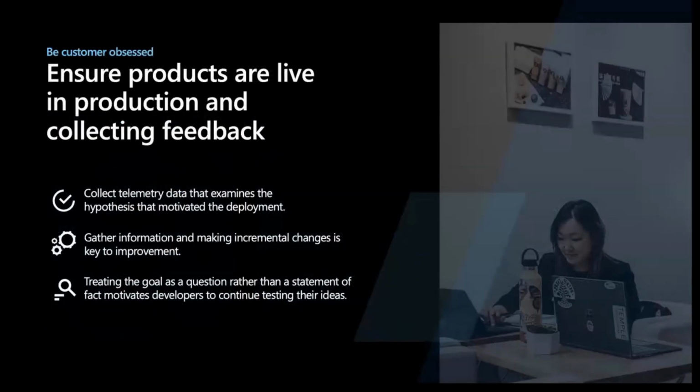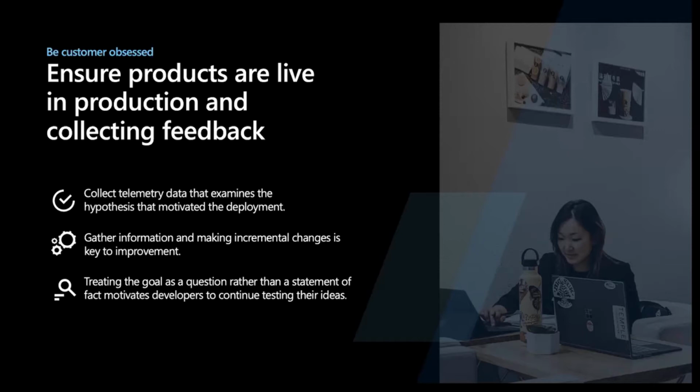And again, this slide really reiterates being customer obsessed. Telemetry is a really core part of being able to understand how your users are interacting with your system, examining a hypothesis. So if we change this button from blue to red, we should get some increased user engagement. When actually maybe red signifies the delete button and users steer away from that. So telemetry is a great way of being able to experiment with changes and understand how your users react to that in the real world.